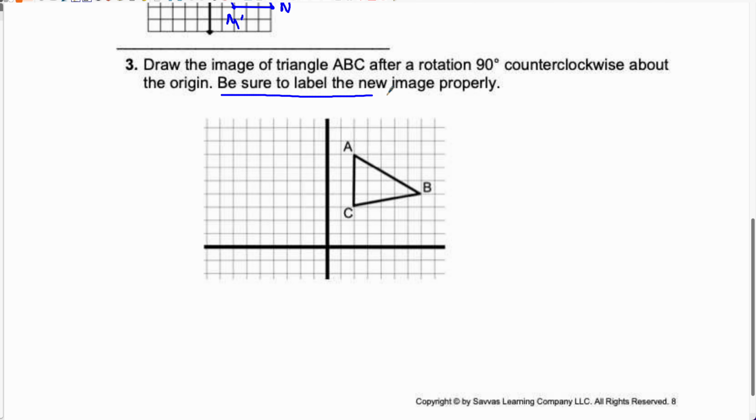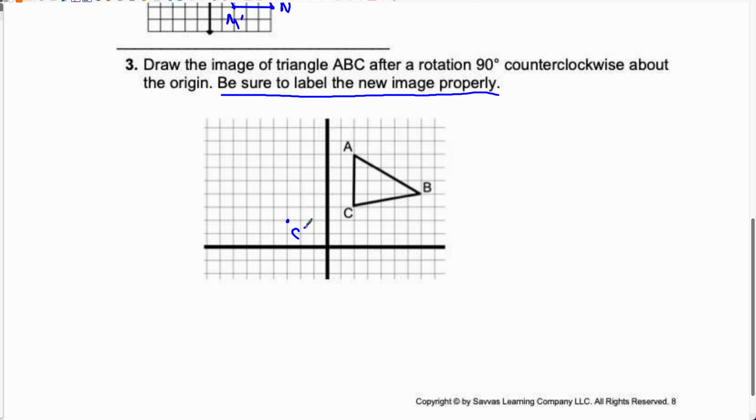I should put that on all of the ones that require these transformations. So if you don't have a transparency, which I don't have one that would fit on this big screen anyway, we can just do some counting here. C is the closest thing to the origin, so I'm going to do point C first, and it's at 2, 3, and I just want to flip those coordinates, so I want to go over 3 and then up 2, and C prime would be right there